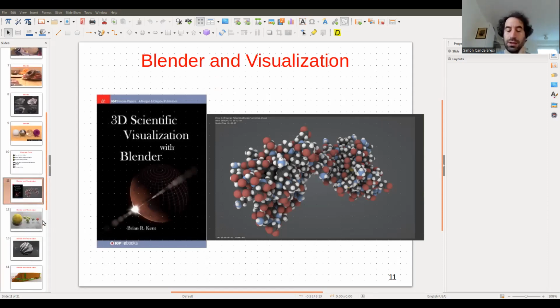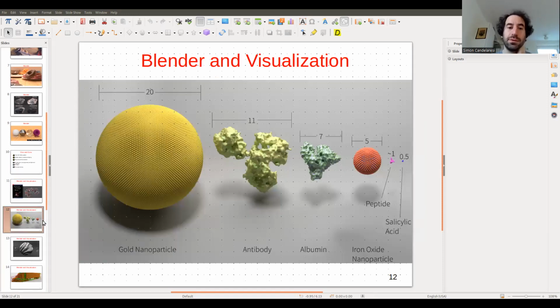And the only place where I actually found Blender used for scientific visualization is basically biology and biochemistry. And here are just some examples of Blender used in visualization. And of course, they can do it because biology,